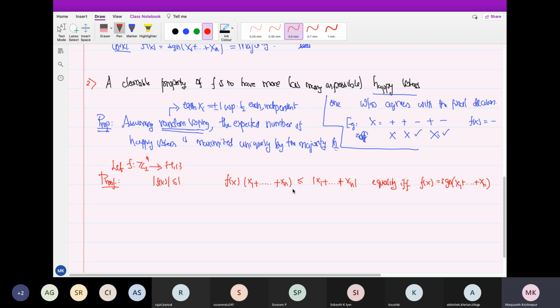Here I am assuming n is odd. Okay, let's take n to be odd. So this is clear, right? f(x) is at most 1, so f(x) times (x1 plus up to xn) is at most the absolute value of x1 up to xn. And for equality to hold, f(x) has to have the same sign as this sum. Otherwise, it's flipping the sign. So because of that, if you take expected value,